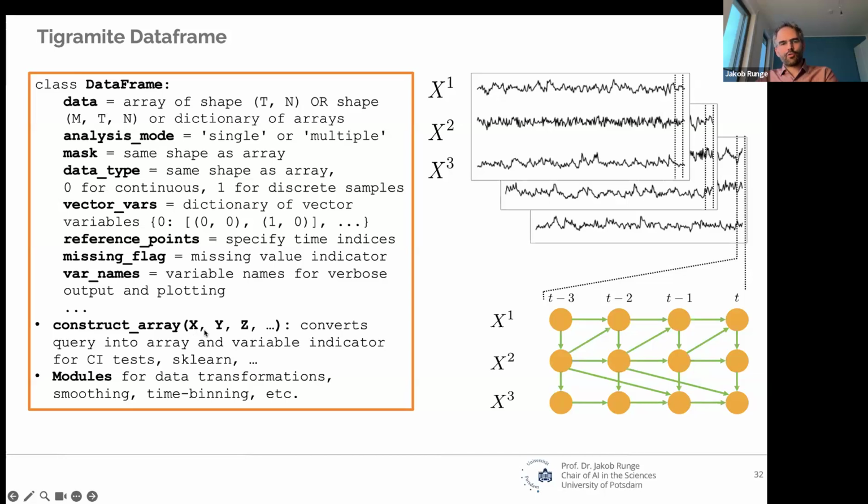Basically, it creates an array that contains the correct values x, y, and z, and maybe x, y, z are time-delayed samples, maybe some are missing because of masking, and all this stuff is handled by the construct array function so that the array that the method gets is without missing samples, and it's just kind of like the IID data that scikit-learn digests or NumPy digests and so on. And there's also modules for data transformations.